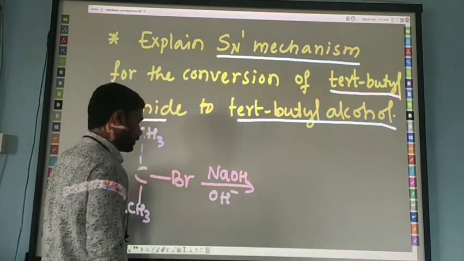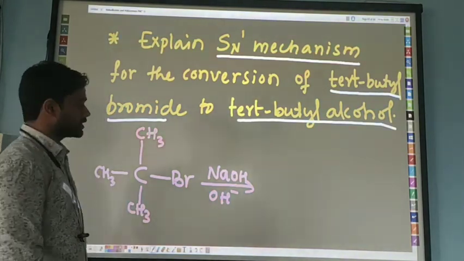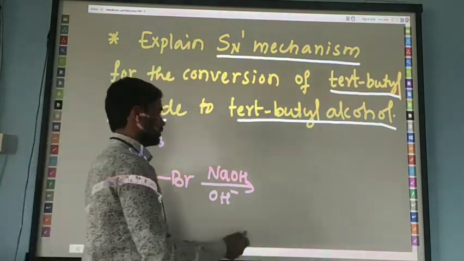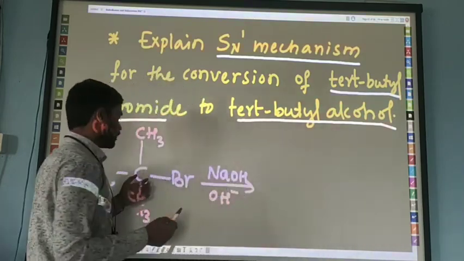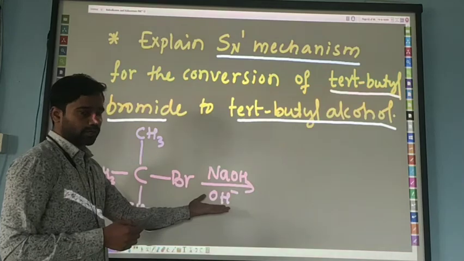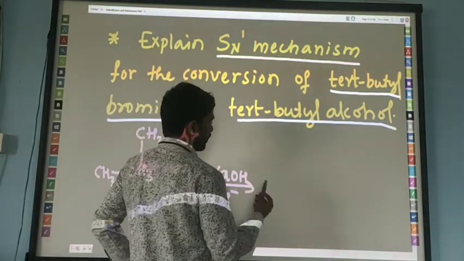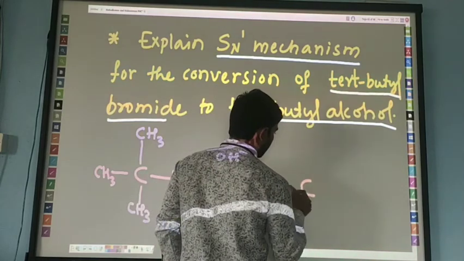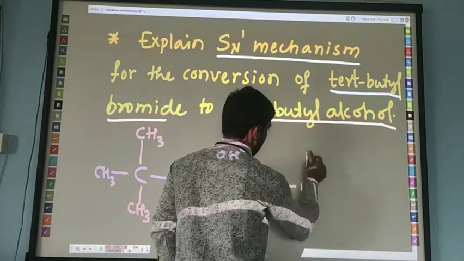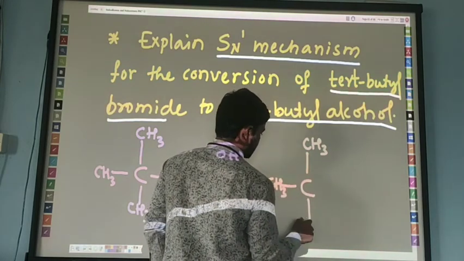Okay, we already know that OH minus is a nucleophile here for us. After this is tertiary butyl bromide. After the attack of the nucleophile, OH minus, removing the compound's complex, let's see what is going to happen in this case. I am going to discuss the steps in the coming slide.